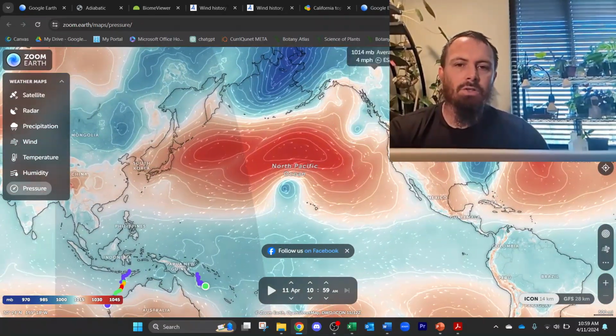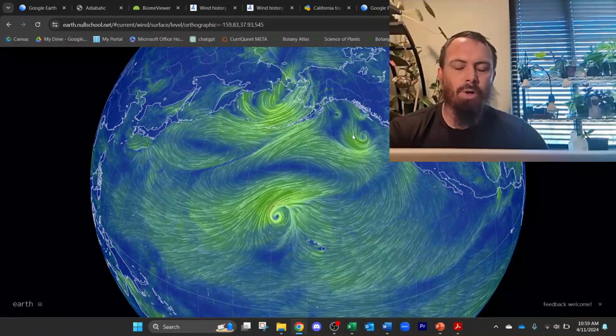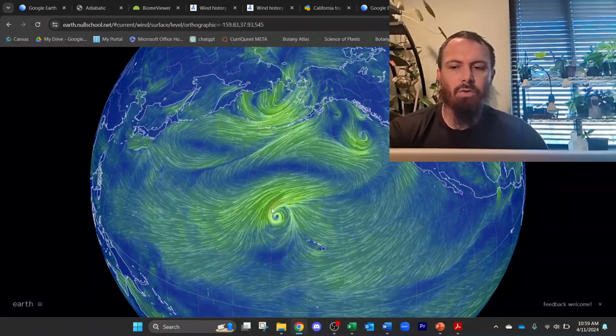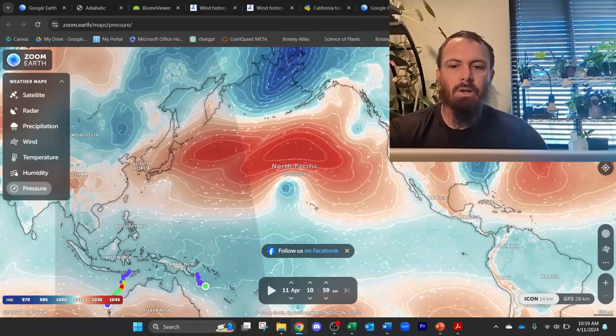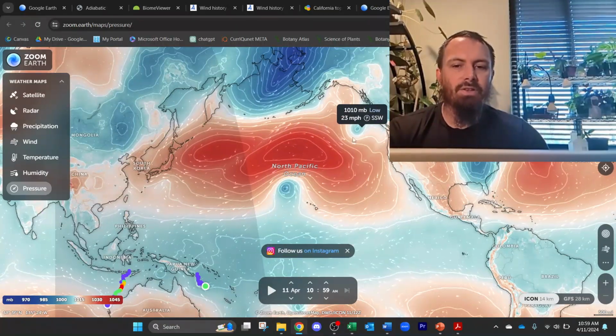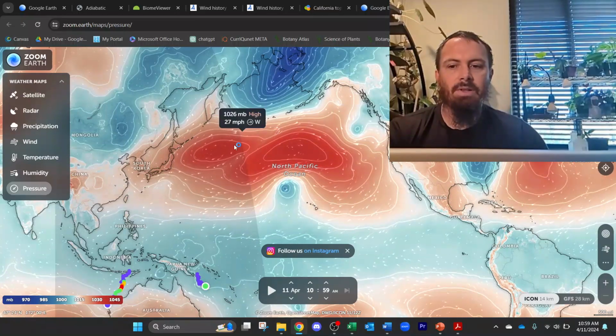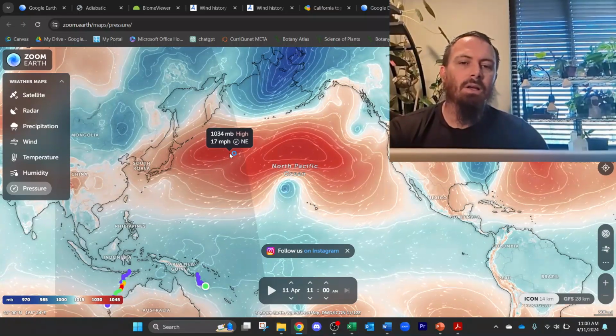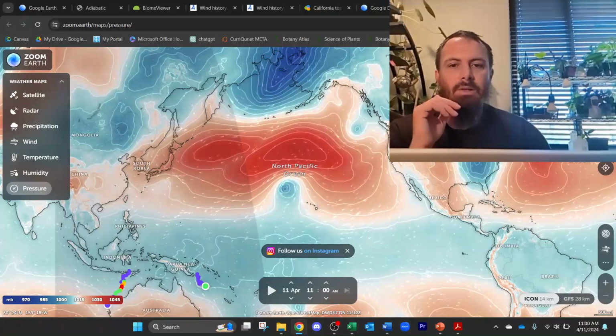Okay, so air moving towards the center, air moving towards the center, air moving away from the center. Towards the center, away from the center. These are low pressure systems. These are high pressure systems. Now think about what happens to the wind here,